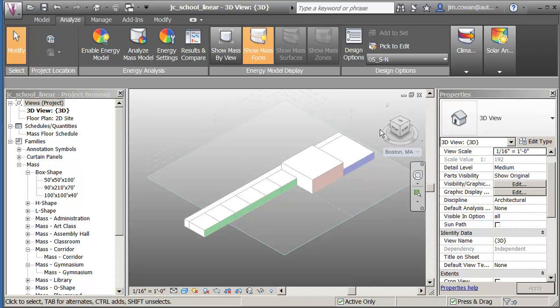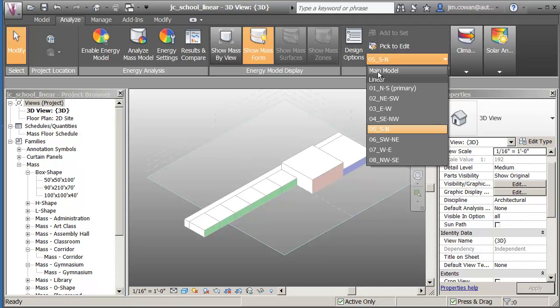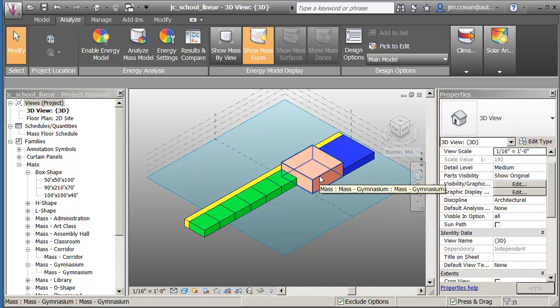I haven't moved the objects yet, but in the 05 south north, you see I can't select objects in there. What I'm actually seeing is the geometry that was part of the main model because that's where it was drafted, right? If I go back to the main model, that's where I can select it. Well, there's an option that lets me copy that geometry, remove it from the main model, and assign it to the individual